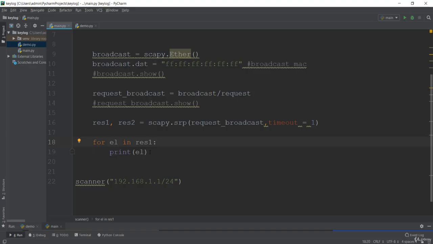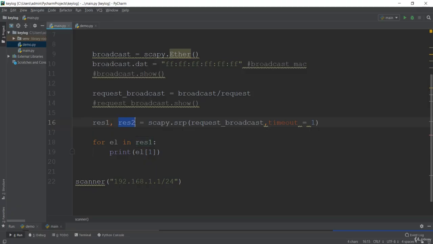In the element, I want only the first part, not the 0th part, because the 0th was the request. We don't want the request, and we now have only the response part. You can also do something like this, because these responses, as I have already told you, are also in the form of a tuple.